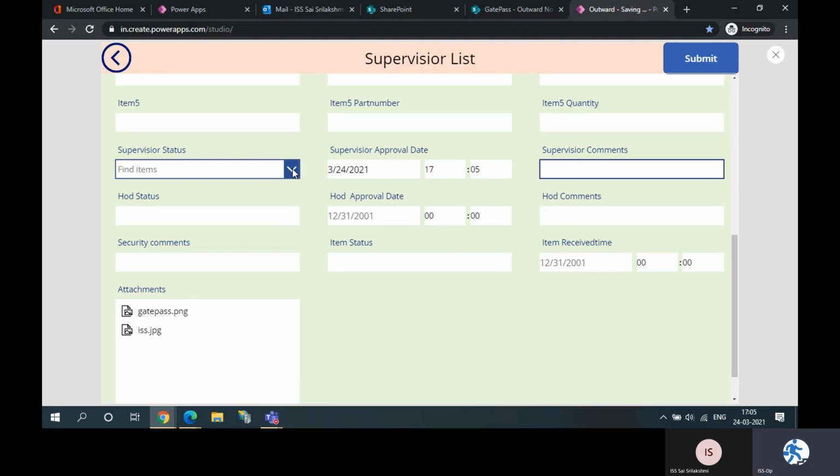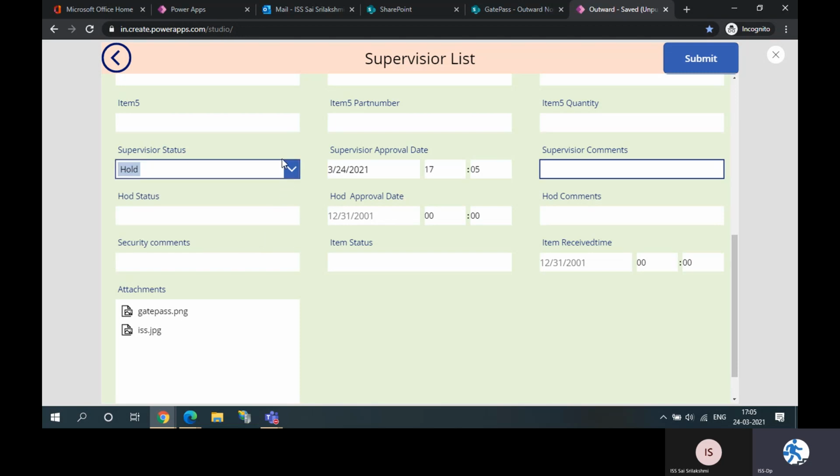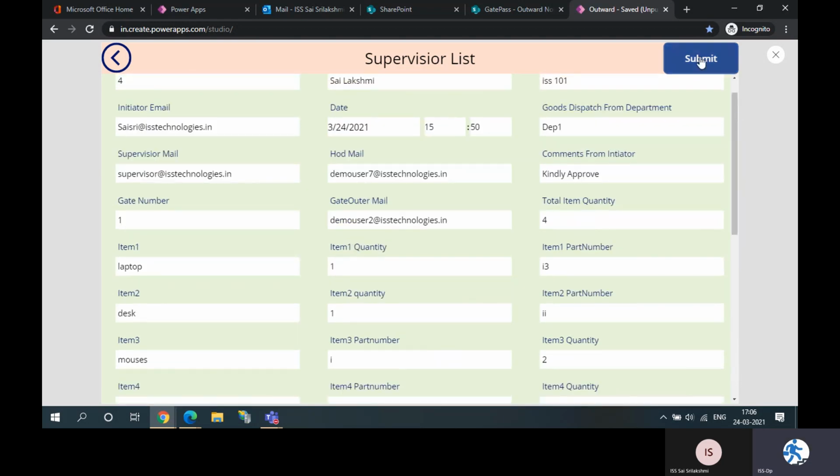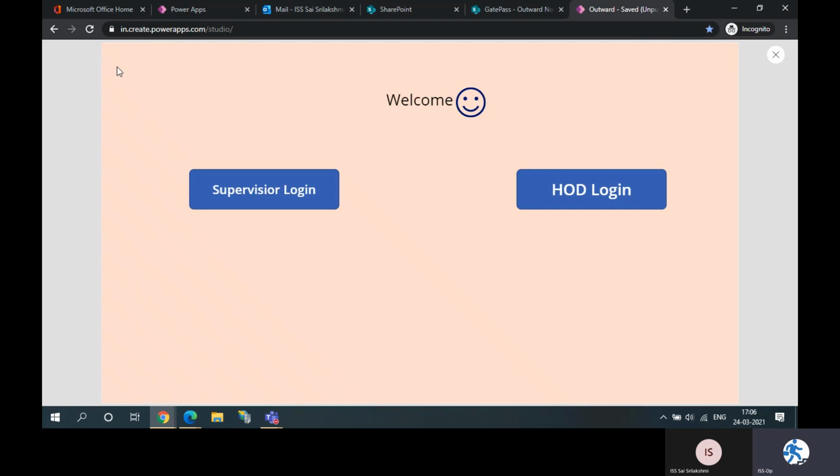With a comment, he can approve, reject, hold, or put it in pending. He gives it as approved, then submits. The moment I submit, the initiator automatically gets a notification that the supervisor approved, and it goes to the HOD.